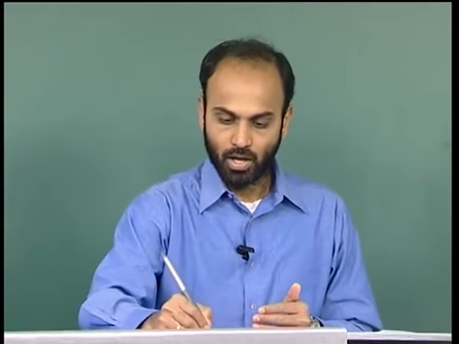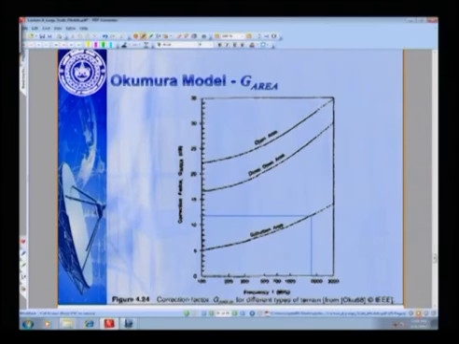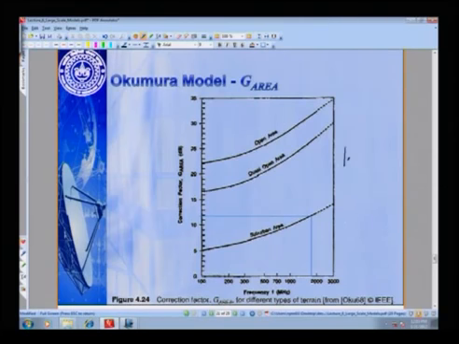Hence there is a correction factor as you move from urban area to suburban areas to open areas. For instance, if you look at that plot, it looks as follows. If we look at this G area plot, again I go back to the same question, that is 1.8 gigahertz, and of course, this does not depend on the distance. If I want to look at 1.8 gigahertz for a suburban area, I go to this point, which is 1.8 gigahertz, which is essentially around this, and this again is the plot